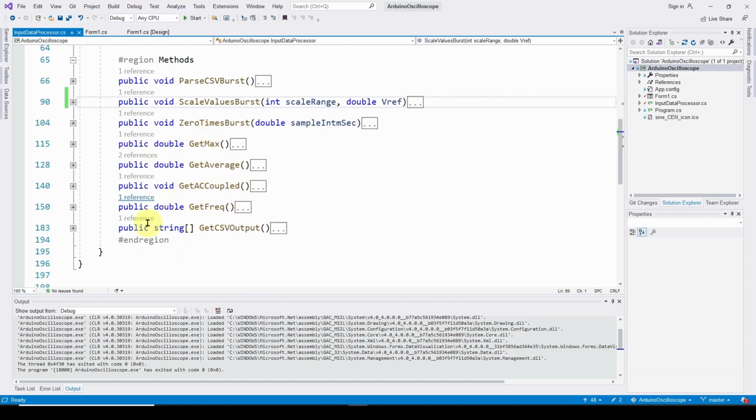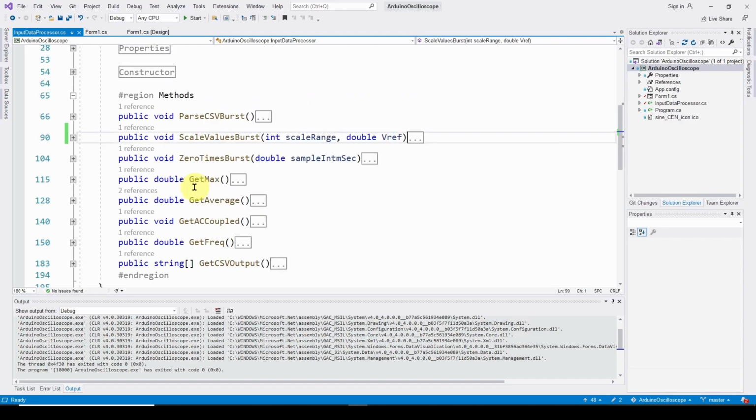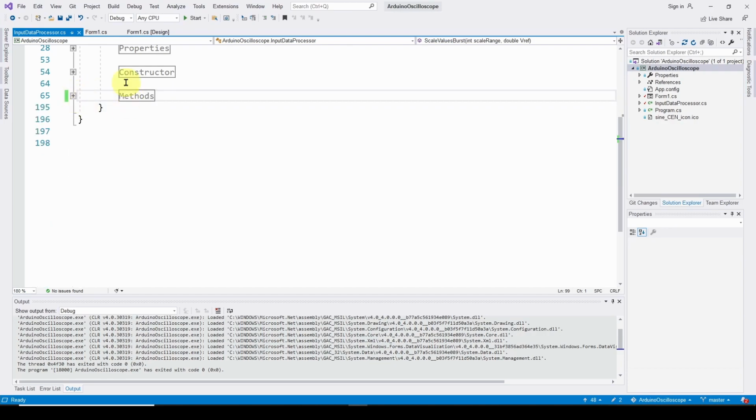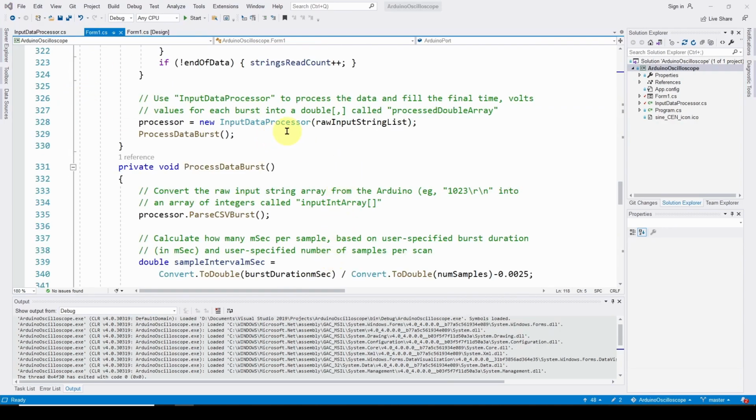Now the rest of this stuff we'll talk about in a future video, where we do the get max, average, AC coupled, frequency, and CSV output. But for now, we've basically got all our values, we just need to plot them. Okay, so now that we have instantiated our input data processor and we know what the input data processor does,